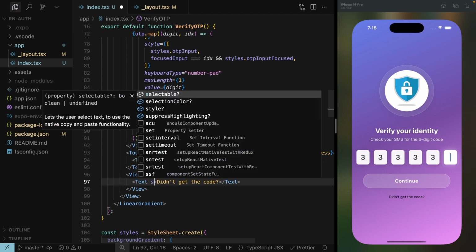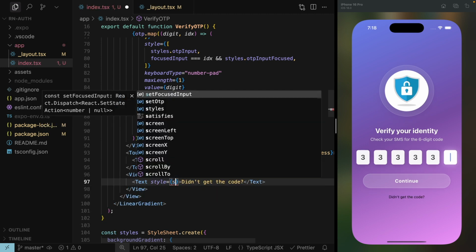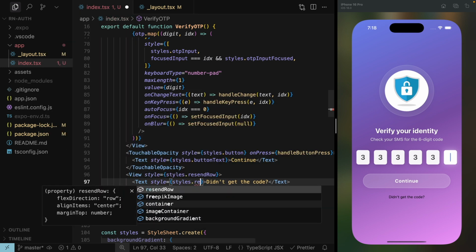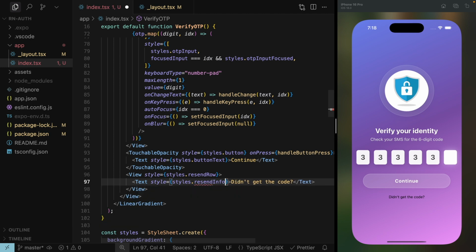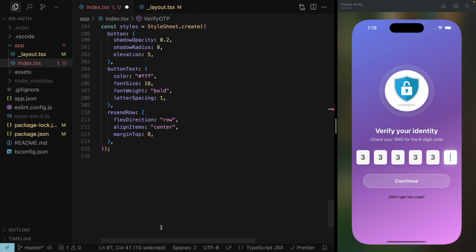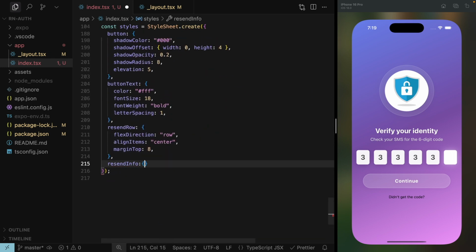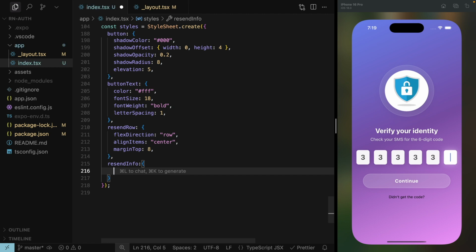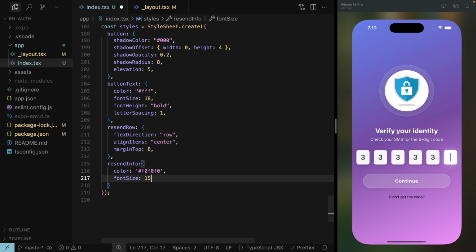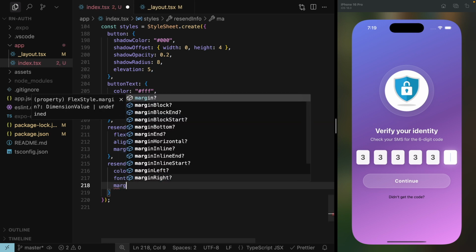Save it and provide the style to this. So styles.resendInfo, let's name it resendInfo. Copy it, go to the styles, create that style and provide the values. So for this I will pass color first, and the color would be #F0F0F0. Then font size is 15. Then margin right,